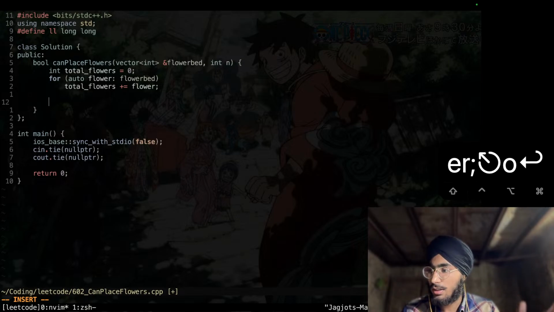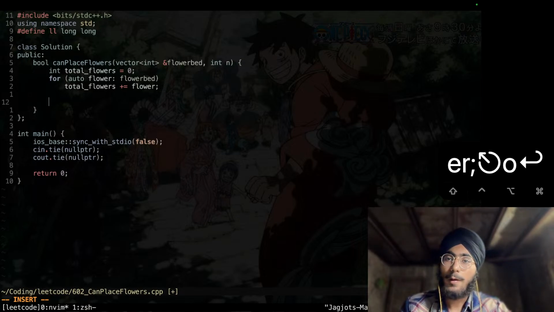So what we can do is flowers that can be placed is flower bed's 0th element plus int of flower bed dot size divided by 2. Since if the first element is 0, it's not going to change anything. And if the first element is 1, then it's going to increment it by 1. That's what we wanted. So yeah,